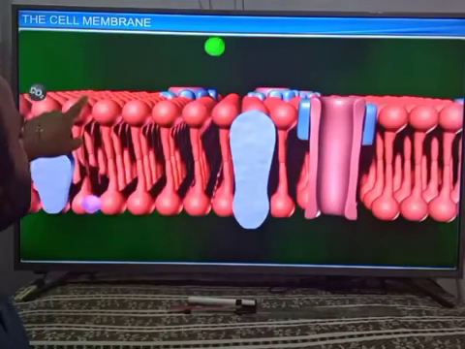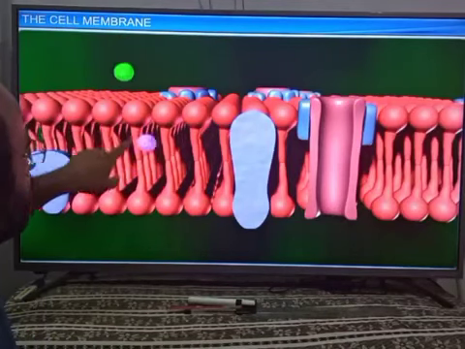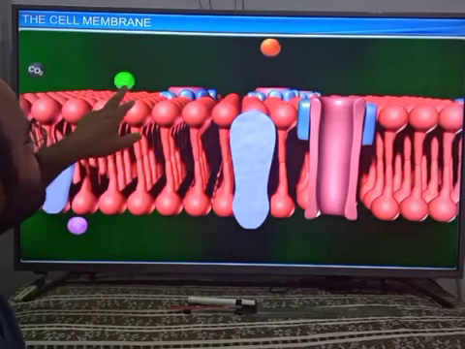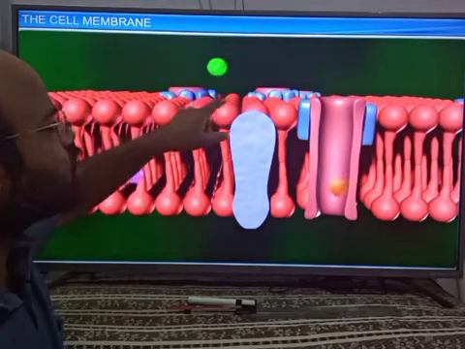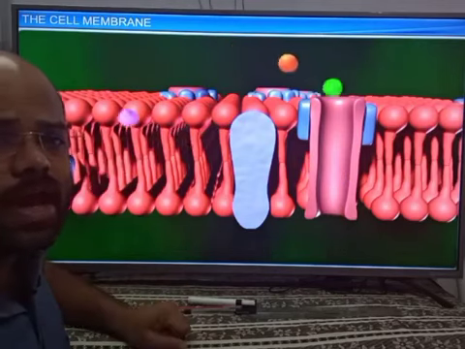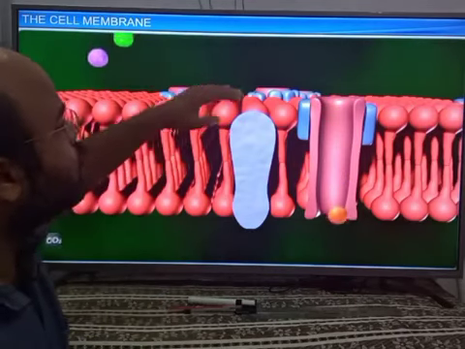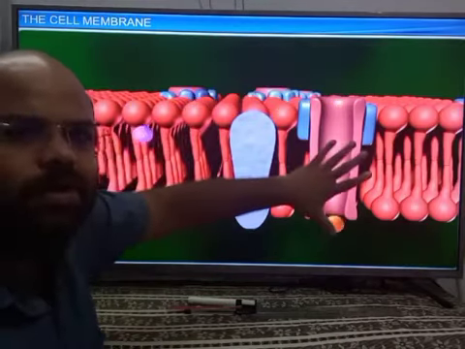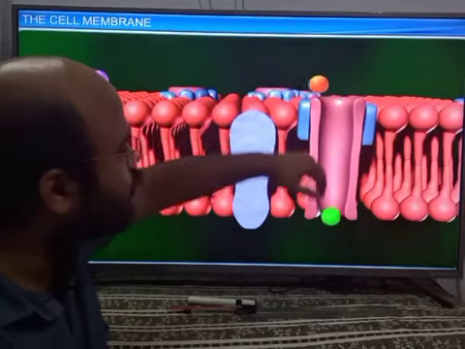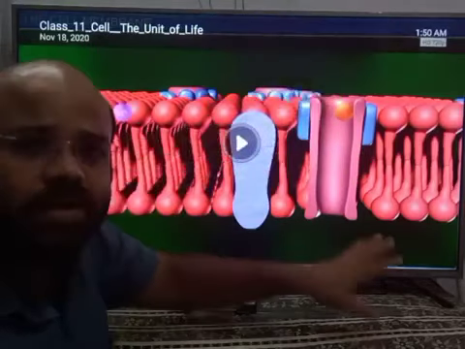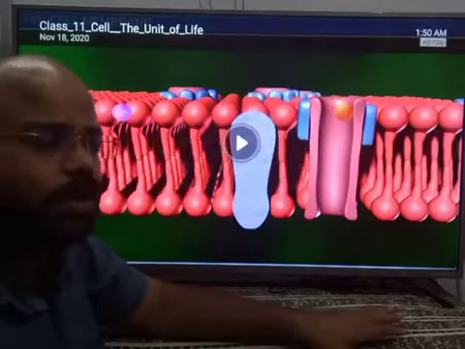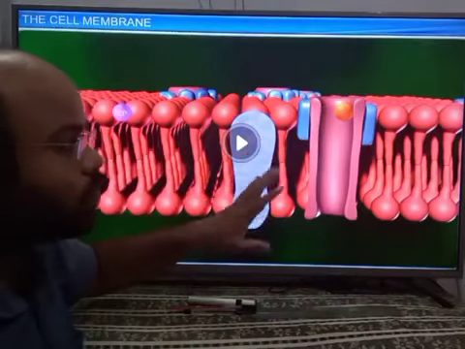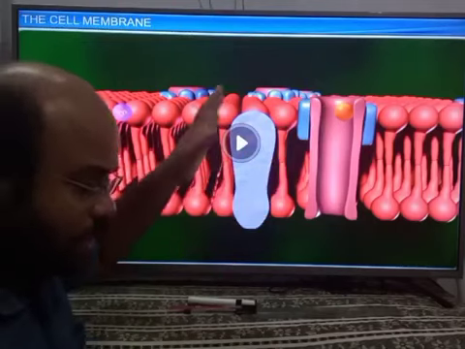See, the cell membrane is allowing some particular molecules, for example oxygen and carbon dioxide, but it is not allowing all other molecules because of its selective permeability. Selectively permeable, but through the channel proteins or intrinsic proteins, some facilitated diffusion occurs. We have studied diffusion, we have studied all these things, and I have already taught all of this in this class.